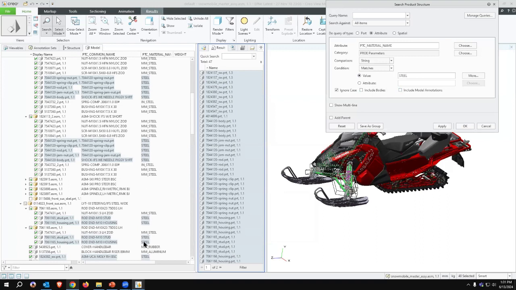And it found those components in my structure somewhere. So this is any viewer that you use, whether it's Express, Light, you can do this kind of search and search for components. You can save your queries as well. You can save these as a group. So if you save it as a group, let's call it steel parts,